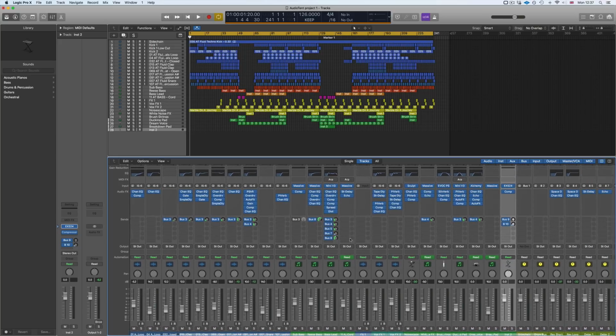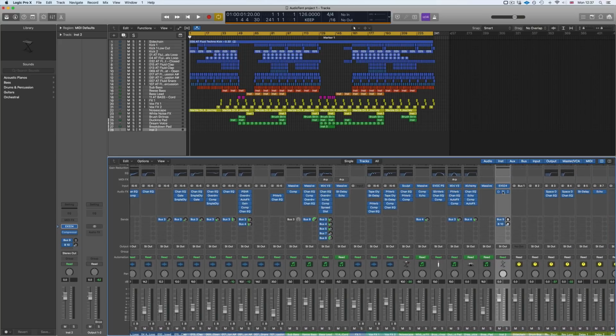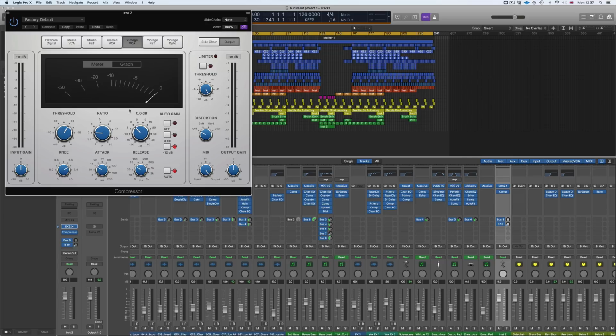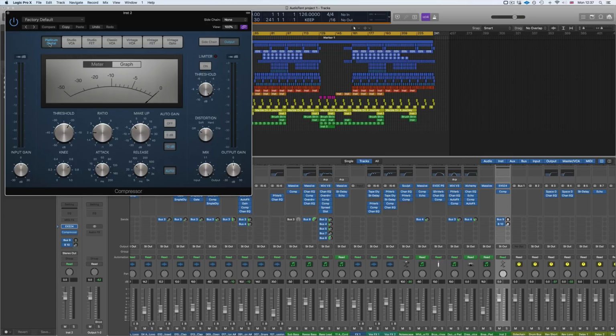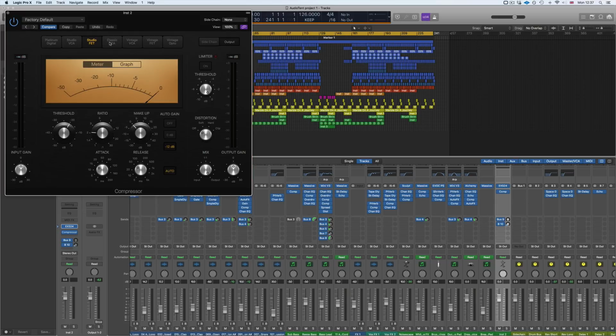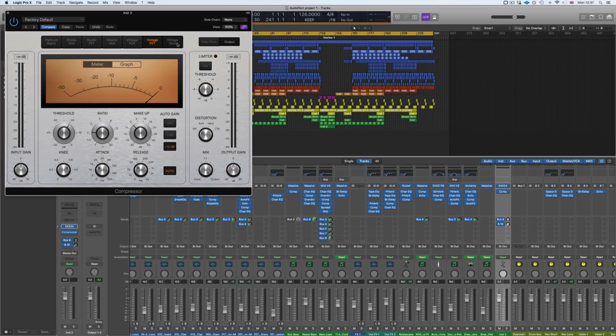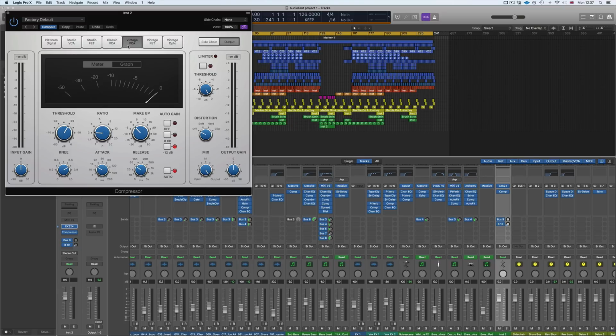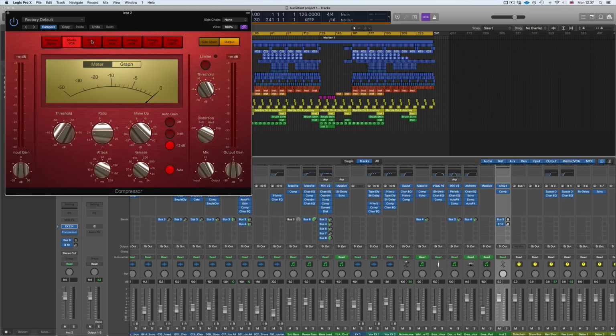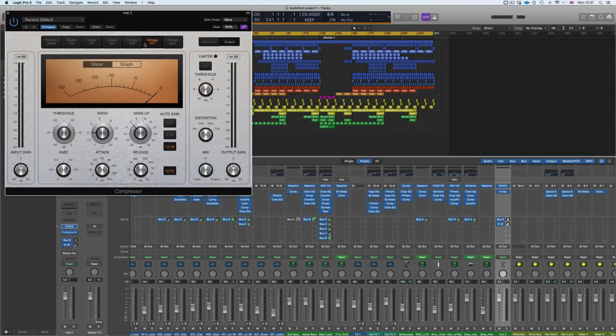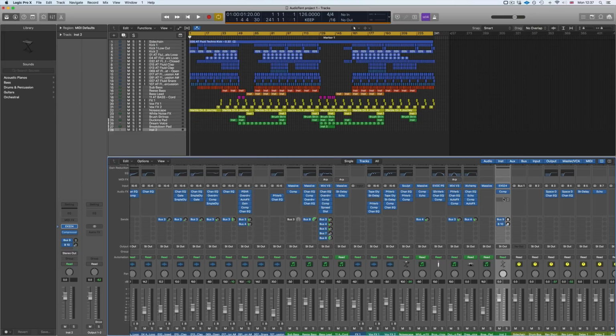But as well as that, looking at other parts, such as the compression and other audio effects, I do like the user interface and how these look, and you can tell as you click through these different compressors, apart from the name up here, just from looking at the interface and how it changes, you can see what sort of compressor models these are supposed to be emulating, and I do like the differences between these. It's just a bit more interesting to look at. And likewise, if we look at things such as reverb, or how these are all nicely organized, it's very quick to choose the different sounds, or the different devices, sorry.